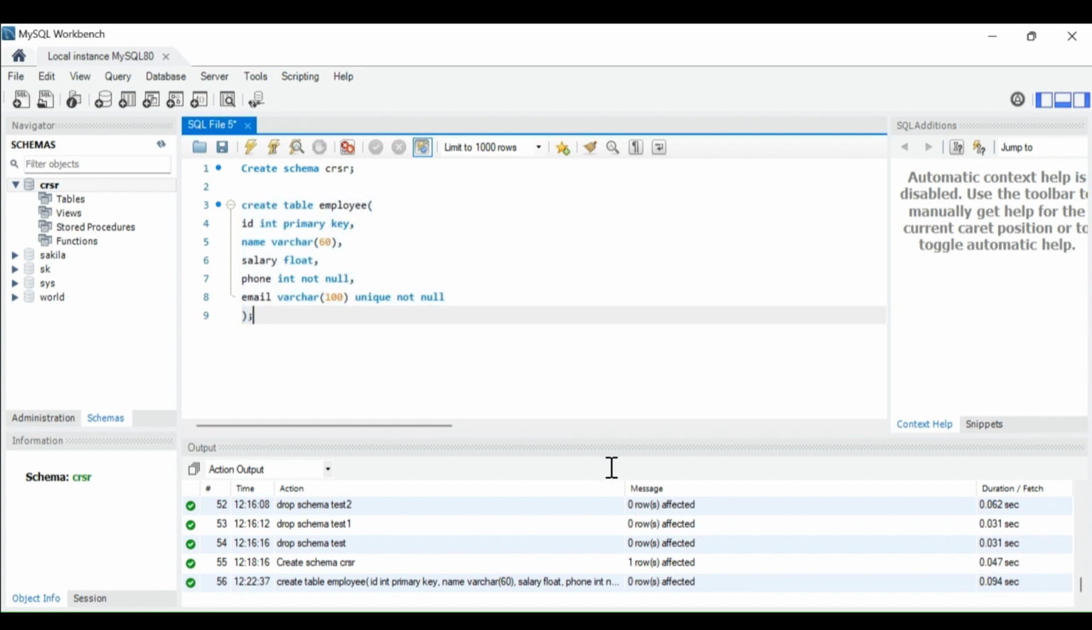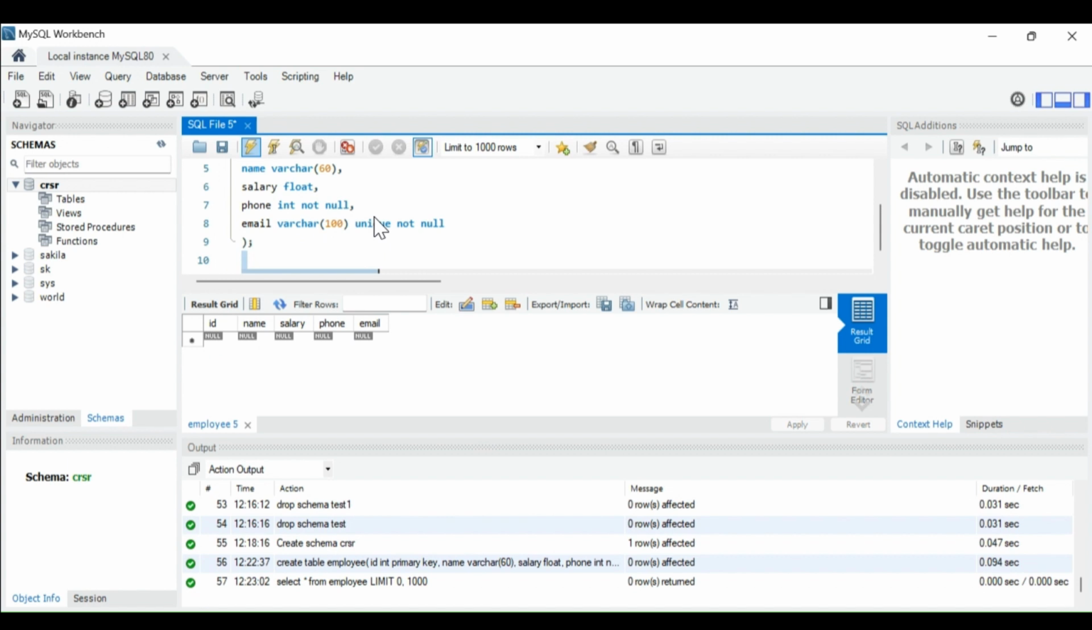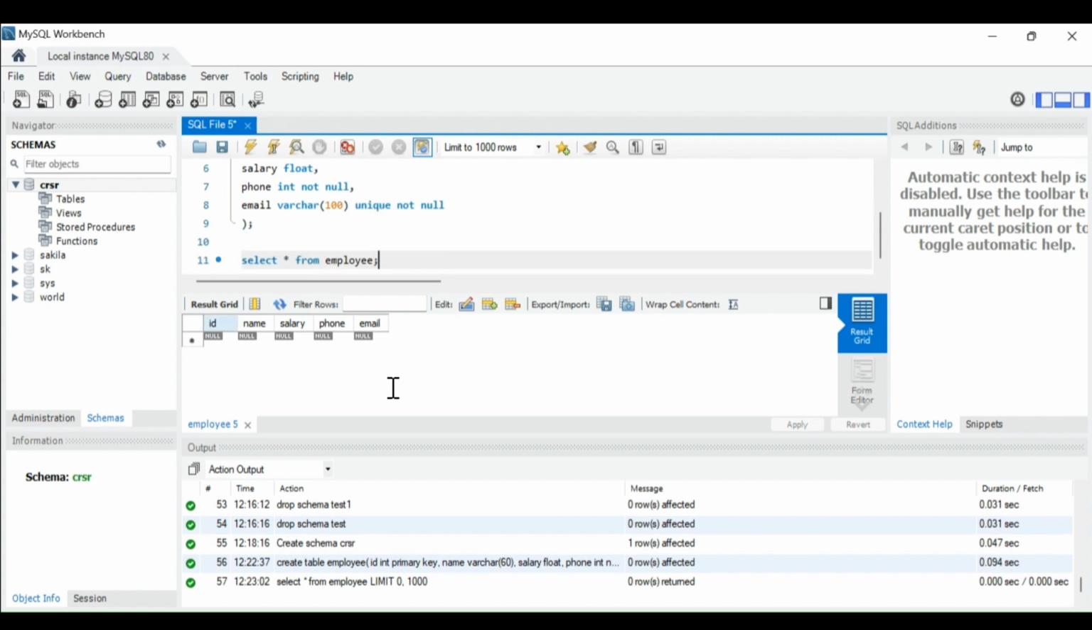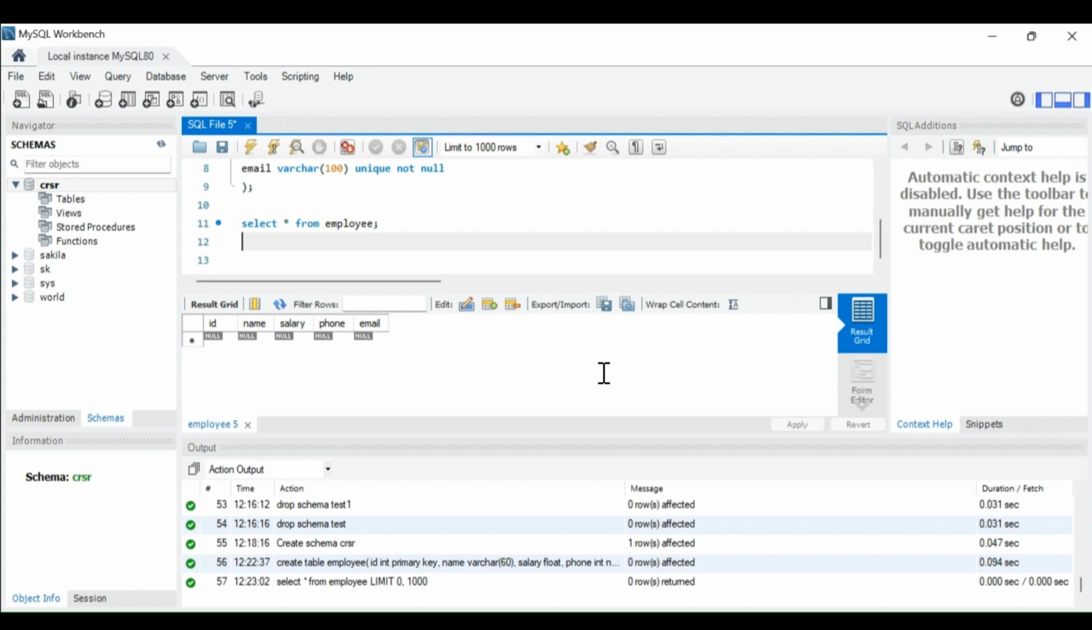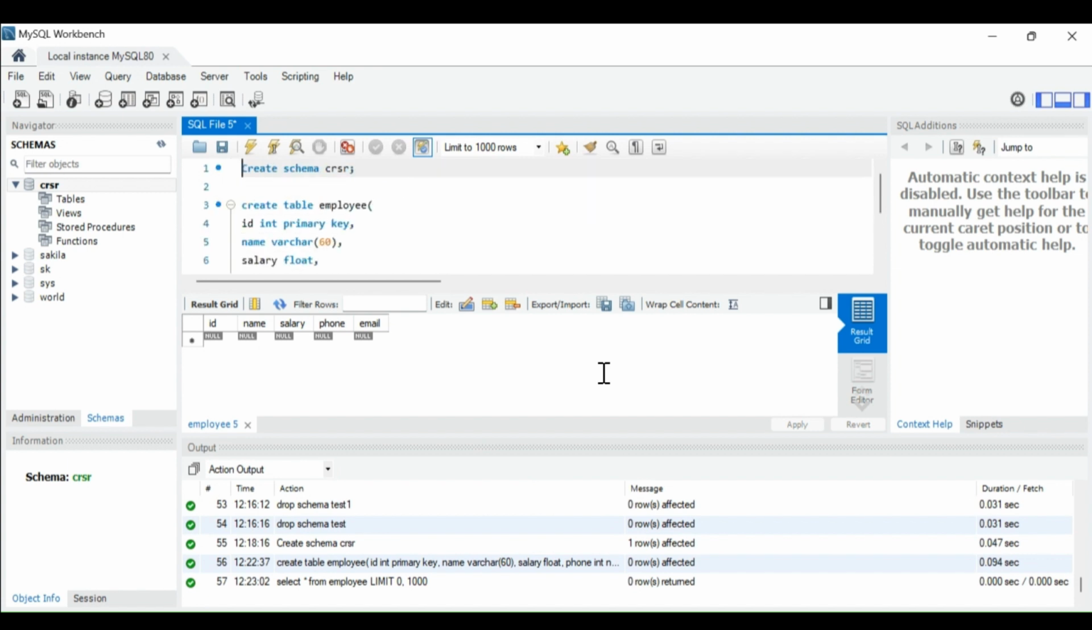Now we'll query this employee table by using a select statement. The syntax is very simple. You have to type select star from employee. This is my syntax. If you observe carefully, this is an intelligent workspace, so whenever you are typing, it is giving you the syntax. Select star from employee. See ID, name, salary, phone, email. This is the syntax to fetch the results from the employee table. Now we have an idea of how to create a schema and how to create a table